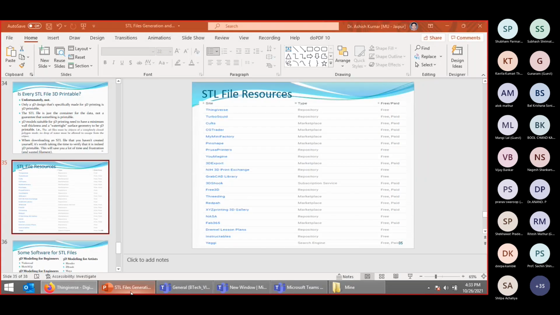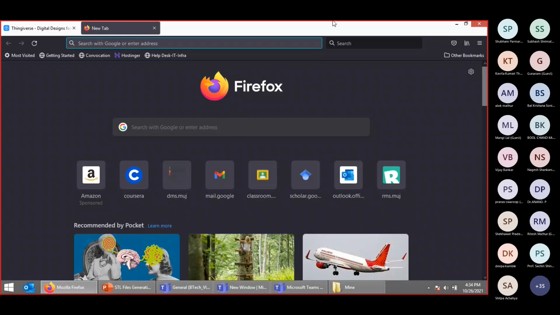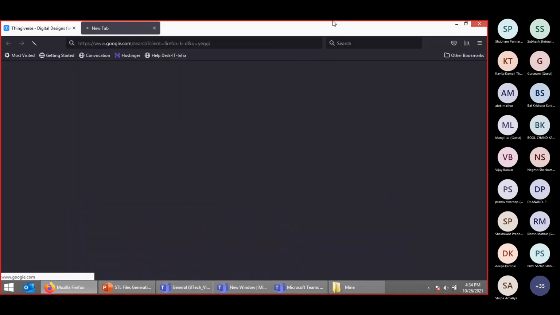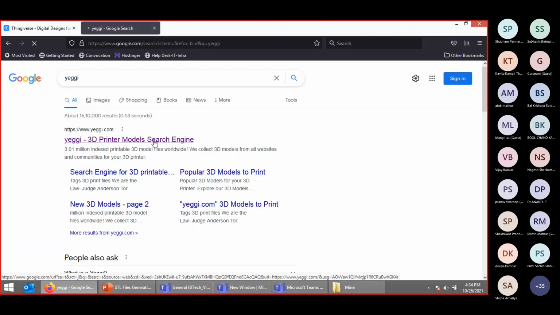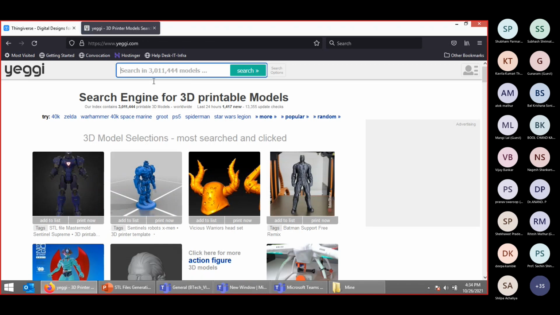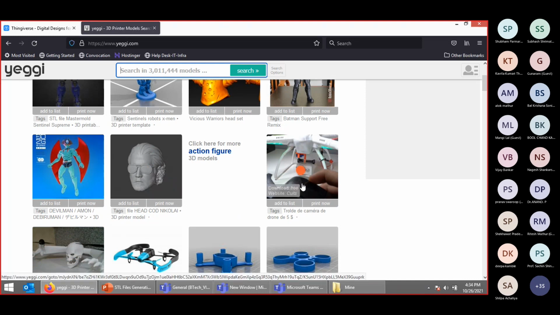One search engine is also there, I think Yeggi. Yes, that is Yeggi. You can search for any particular object you want. Search here. These many models are there, so it will provide you those models.